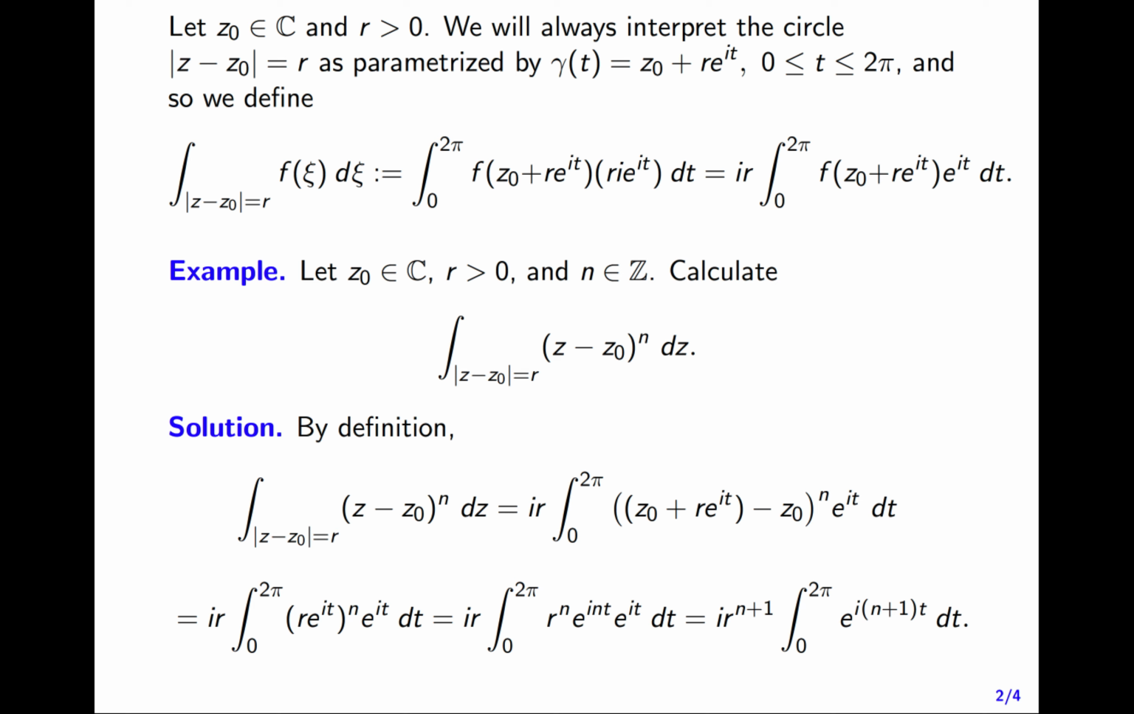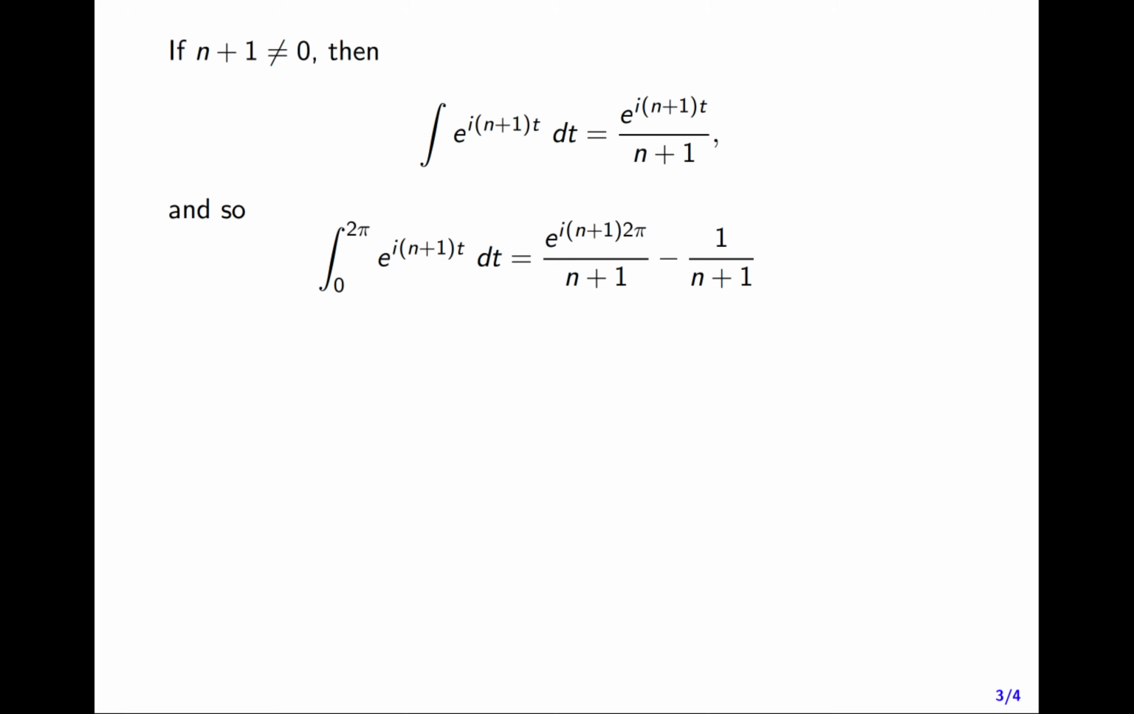Now this very last integral is an ordinary Riemann integral of a continuous function, we can use the fundamental theorem of calculus just as we've been doing for years here. So first, if n plus 1 is not 0, then the antiderivative of e to the i(n+1)t is e to the i(n+1)t over n plus 1. So the integral from 0 to 2 pi of e to the i(n+1)t is just going to be e to the i(n+1)2 pi over n plus 1 minus 1 over n plus 1. And of course, that is 0 because e to the i(n+1)2 pi